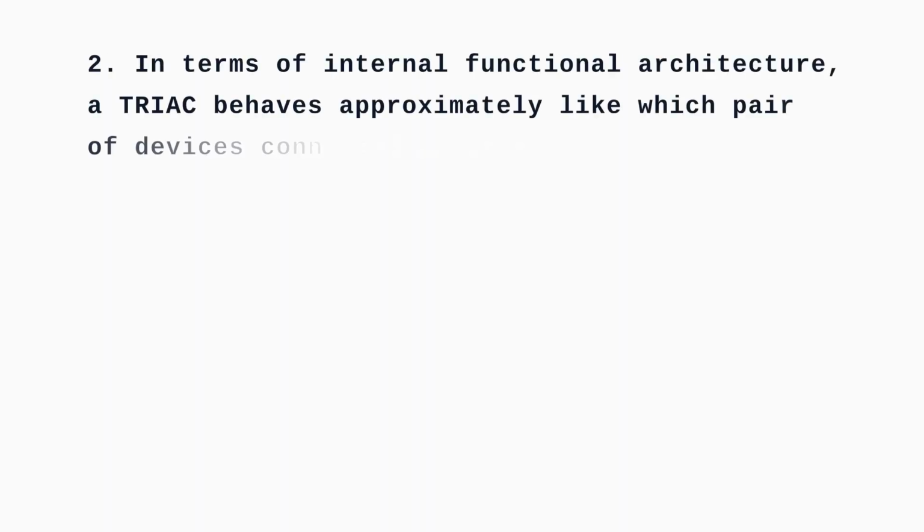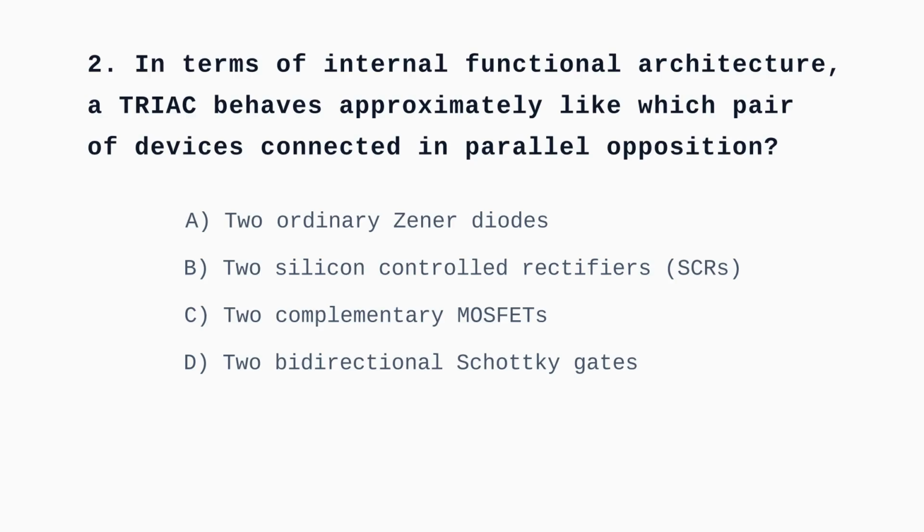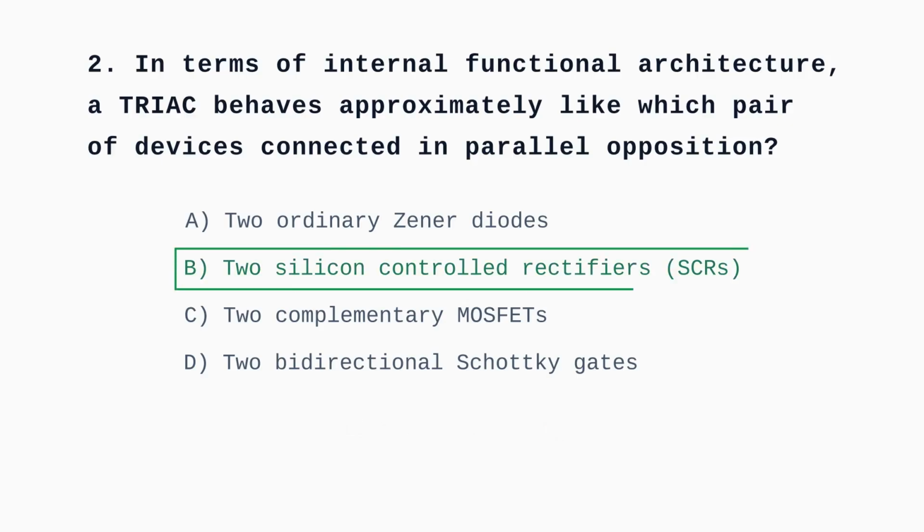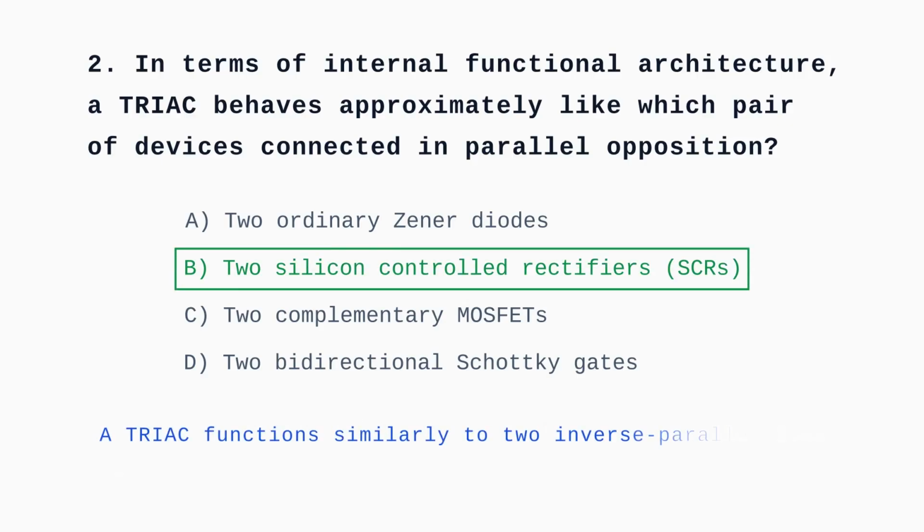Question 2. In terms of internal functional architecture, a TRIAC behaves approximately like which pair of devices connected in parallel opposition? A TRIAC can be modeled as two silicon-controlled rectifiers, or SCRs, connected in an inverse parallel configuration sharing a common